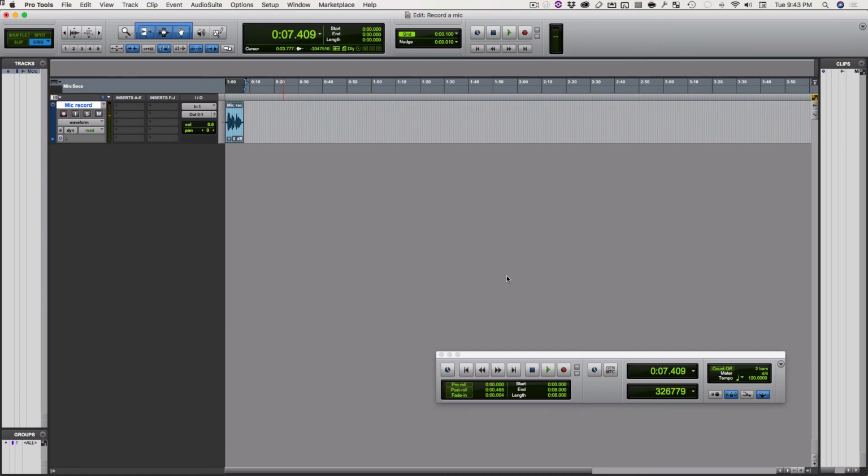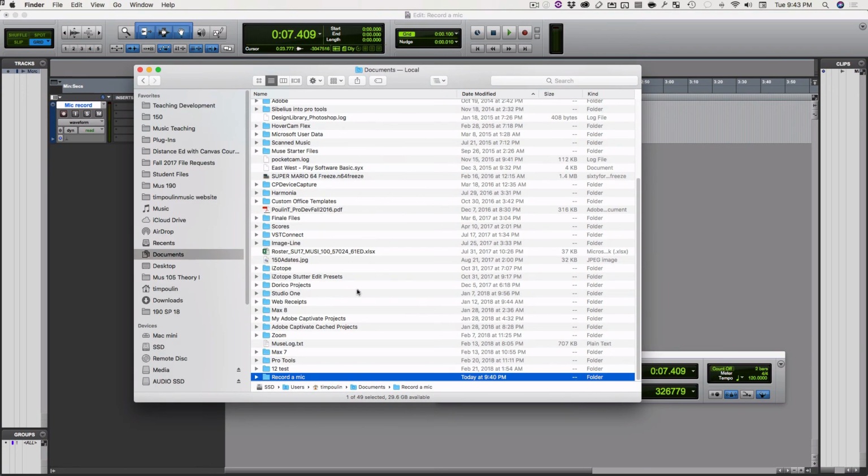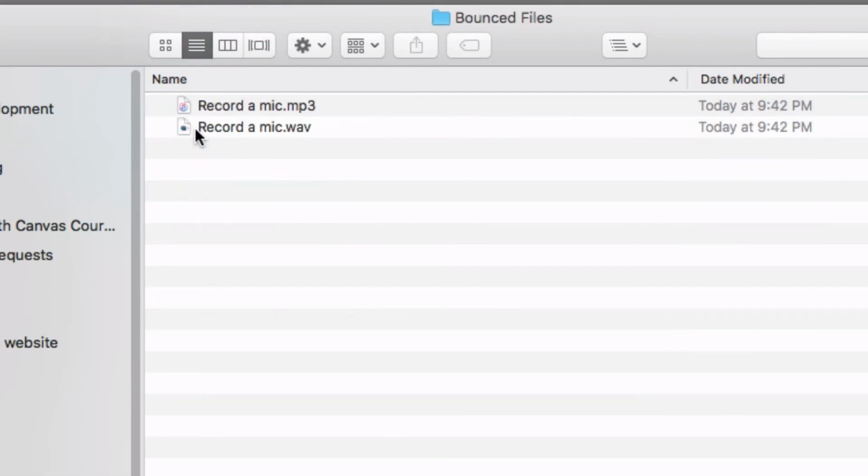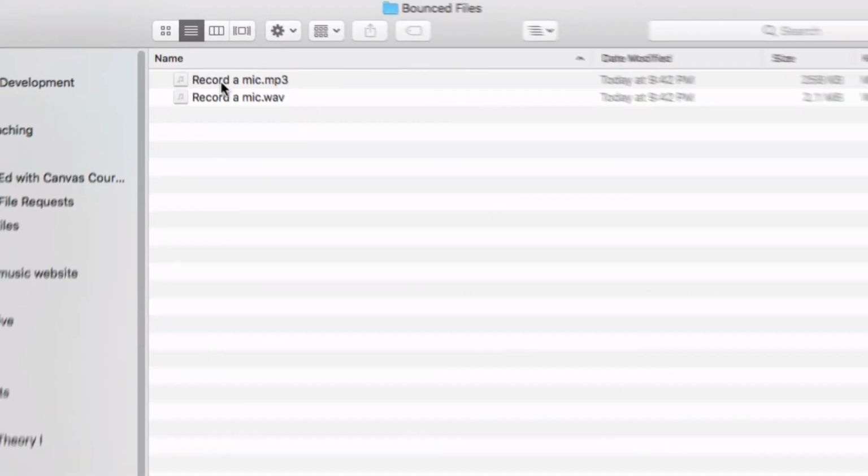Let's check to see that it's where we expected. Mine in this case is in the Documents folder. Recorder mic and Bounce Files. If I play it then,